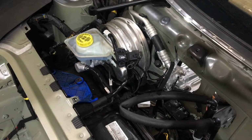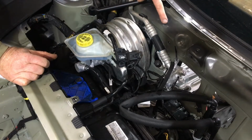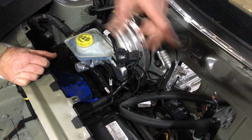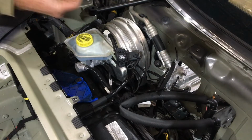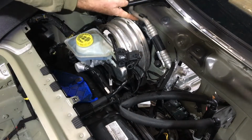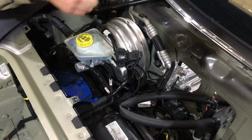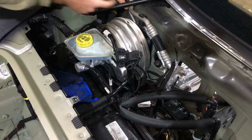Connection points to the pedal assembly. And this is on a right-hand drive car, so it's going to be a little bit different on a left-hand drive car, because all these air conditioning pipes are still going to be here, but it's going to be on the other side where you're removing the screws. So the screws that come from here, there's one there, which is just like that, and there's another one that's in there behind the brake booster,